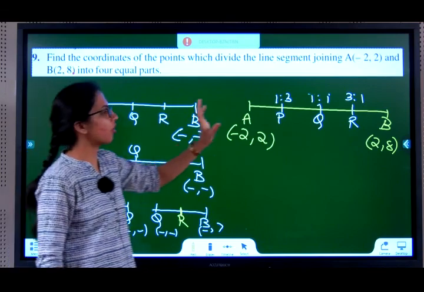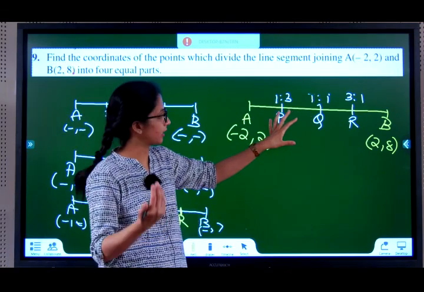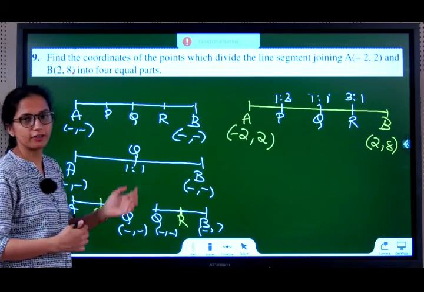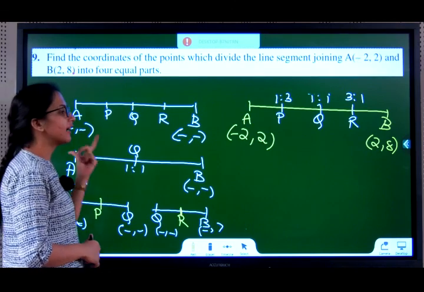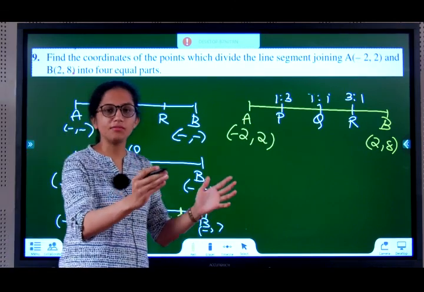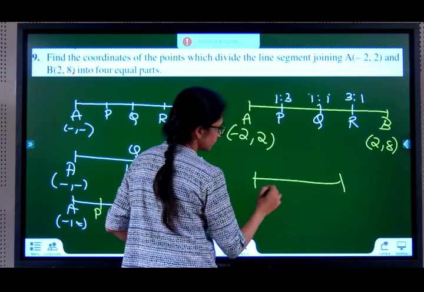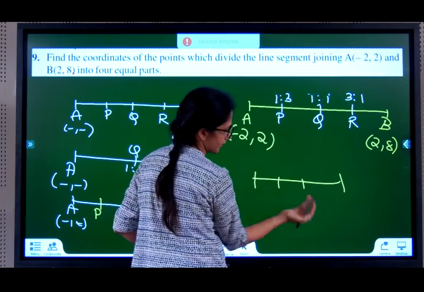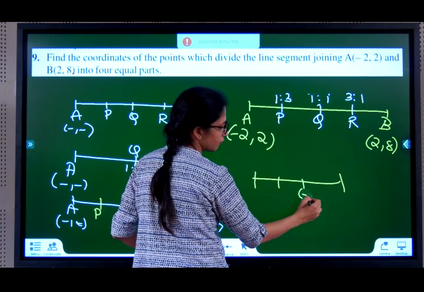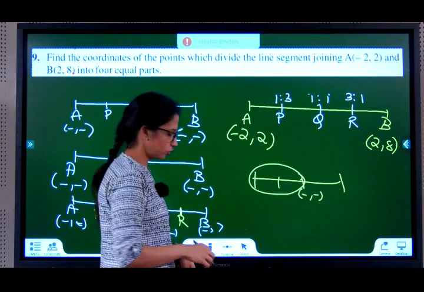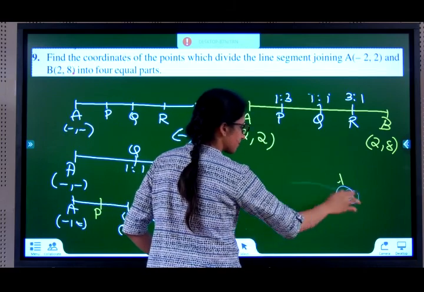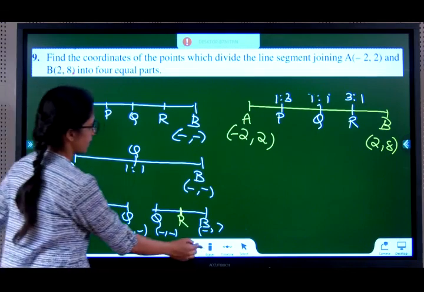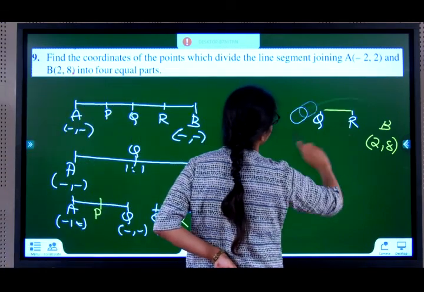This is method 2. Since you already know how to do this technique, I will not be doing it. You can do it, no problem, and verify your answer. I'll be adopting method 2 in this question to show you the different technique that's possible. Why couldn't I do this for trisection? Because in trisection you don't have the midpoint of a line. Here there is no midpoint division. You can definitely find the value of this first and then do midpoint for these two. Also valid. If you are able to recognize the midpoint, you can do it. So here we will be adopting this technique of the midpoints. You already know this method, which is why I won't be doing this.